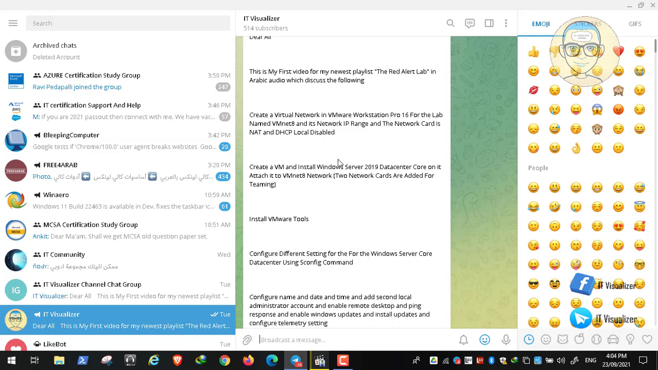So this is the first thing, and then we created a virtual machine and installed Windows Server 2019 Datacenter Core. This is our main operating system. It's a non-graphical interface operating system to be more secure, and then we attached this virtual machine to the